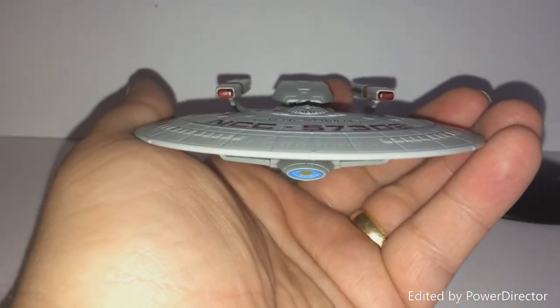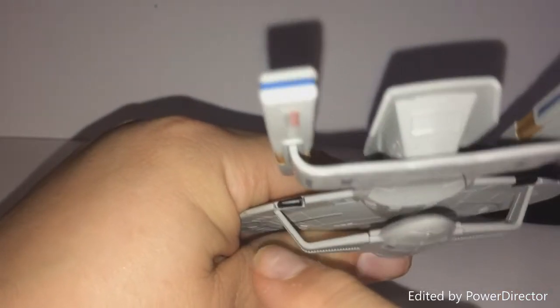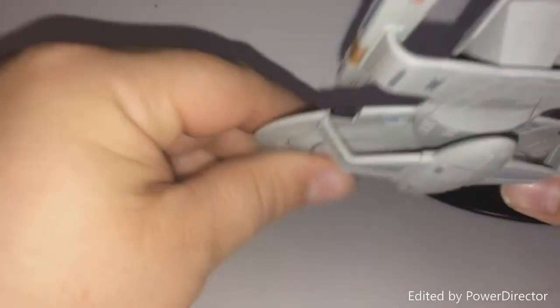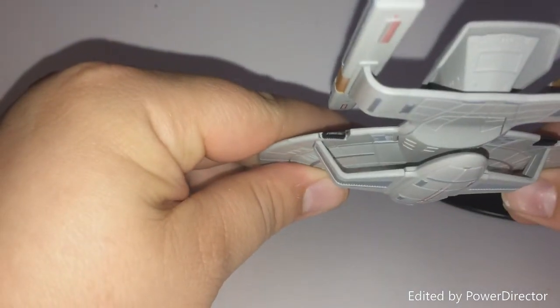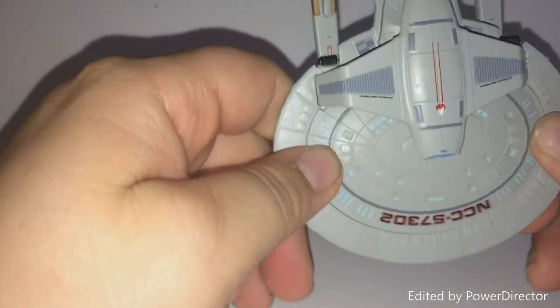That's not too bad. And as you can see, it's nice, nice big registry, obviously the Chekov, and underneath again. But yeah, it's loads of little bits of detail on this. Once again, they've forgotten to paint the impulse engines. They do this as well quite a lot on ships, where they may or may not paint them. A little bit of red paint or a little red marker or something that can be painted in there,